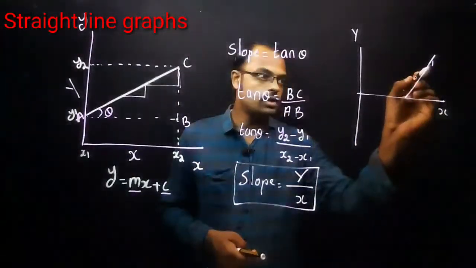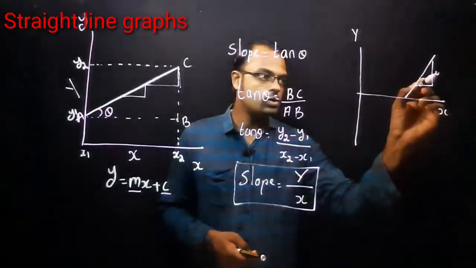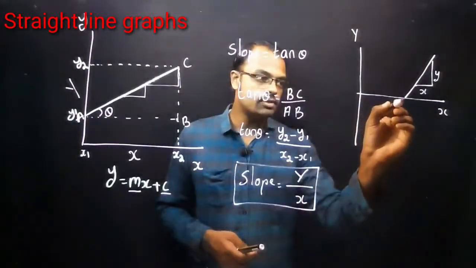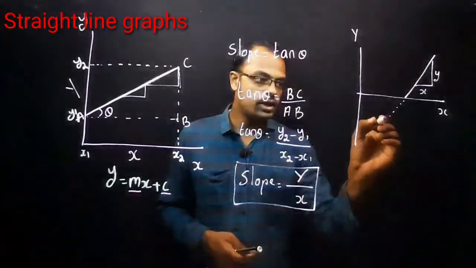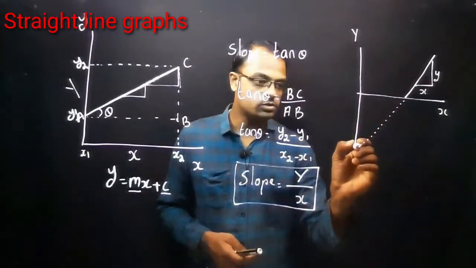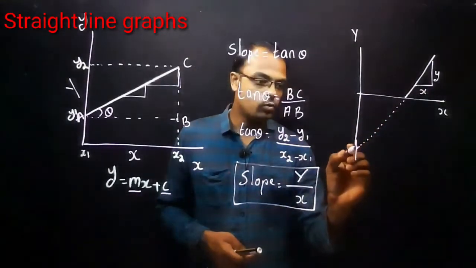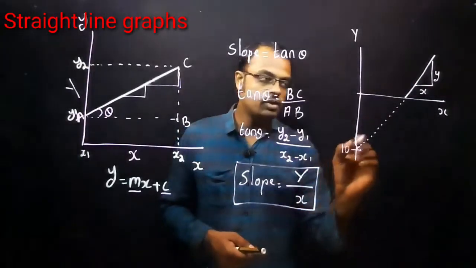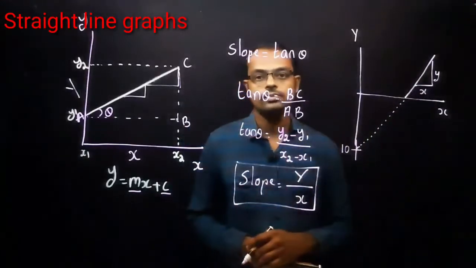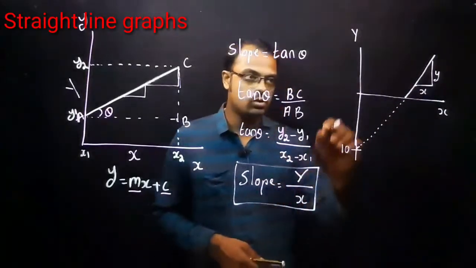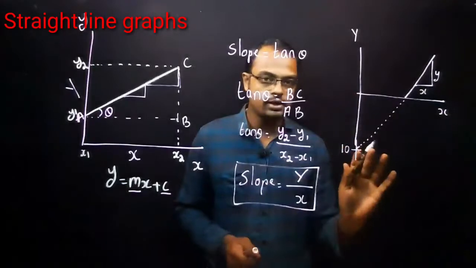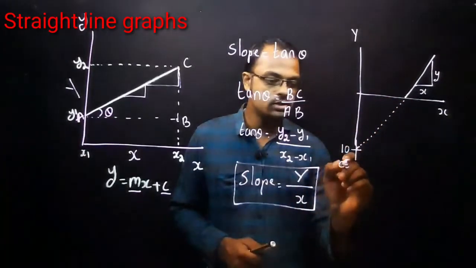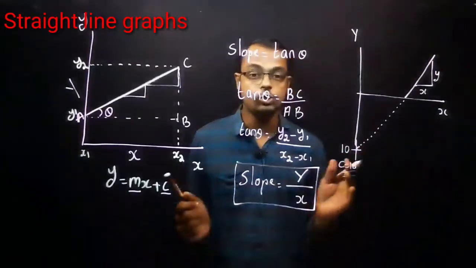So we can easily calculate the slope here. Slope is equal to y divided by x, correct? In order to find the y-intercept, what should be done here? You should extend this line, and what is the value you are getting? Say if I am writing 10, that 10 will be the y-intercept. We are not writing any unit, simply an example only. So this is called c. C in this case is equal to 10, any unit.